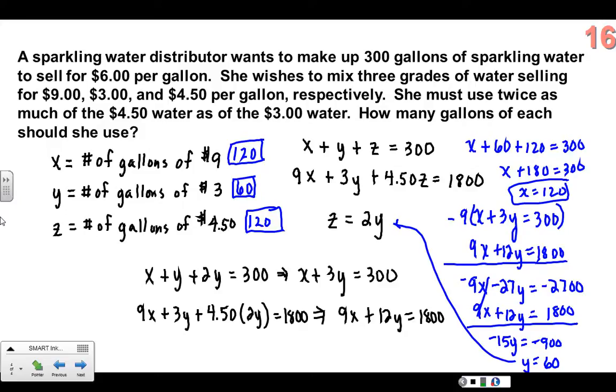A little bit confusing to get your equations set up, but this was your system of equations. You were able to use substitution to kind of help you get your equations